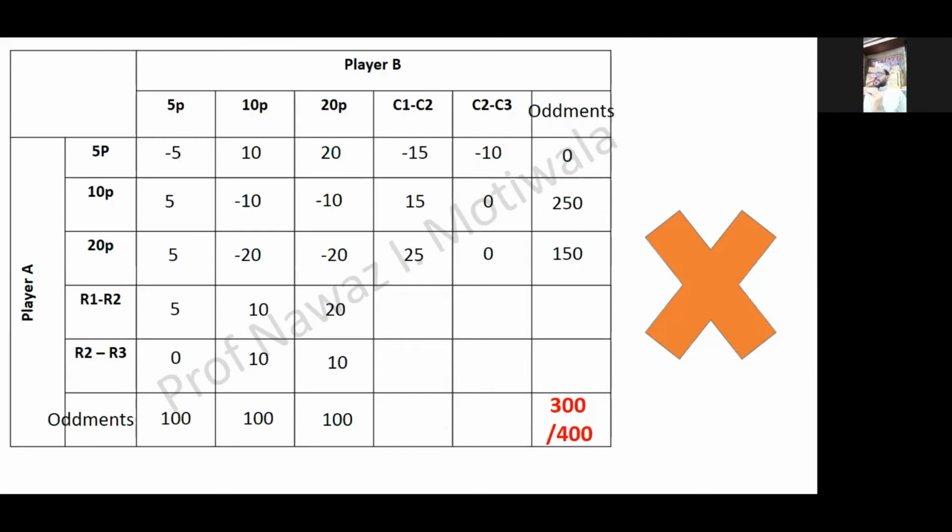if in the question it is a 3 by 3 matrix and nothing is asked, it's directly a question that says solve the game, that's it, and it's a 3 by 3 matrix, then don't directly jump on Oddman's method. You have to first check for saddle point, reduce the number of rows and columns to 2 by 2 matrix, and then you can apply Oddman method or formula method. But if in the question it is written solve the following game by method of Oddmans or method of matrices, then directly you can start by Oddman's method. So this was all the summary which we have studied till now.